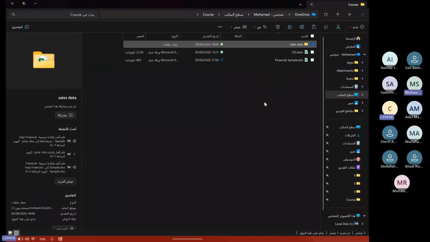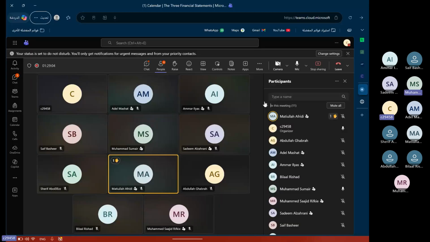Everything is refreshed. All the editing and filtration will be done by this Power Query. You don't build anything again. One time you build, next month you only refresh, or next day, it depends on your model. You can use this anywhere. It's not only about the three statements. I hope I answered your question.